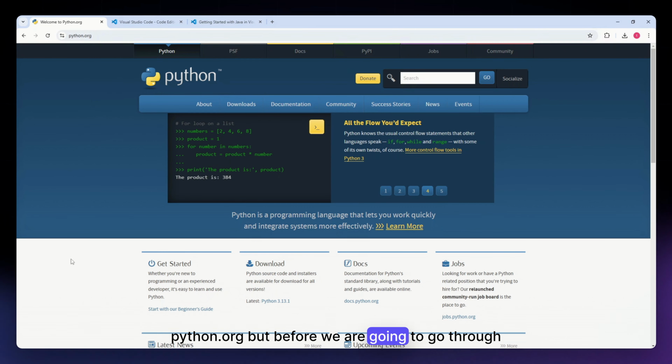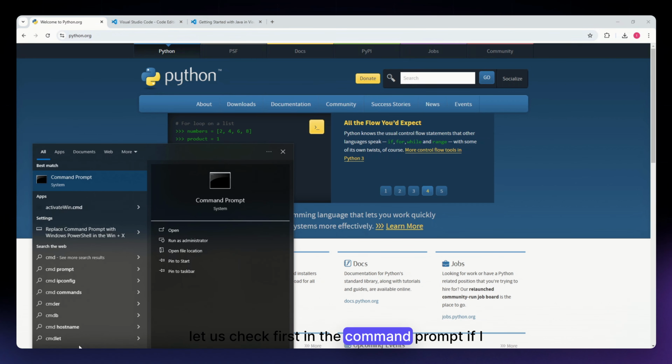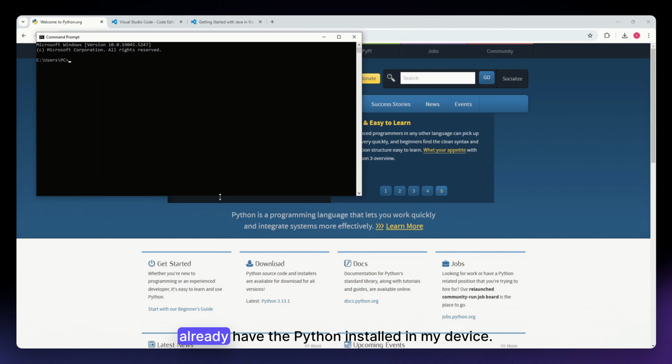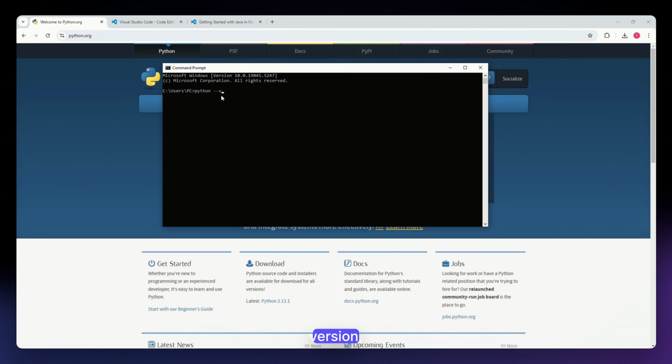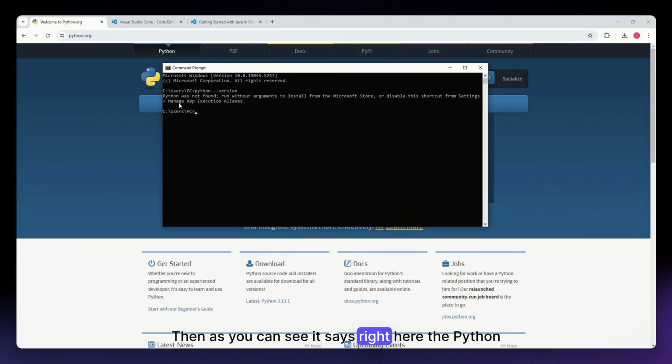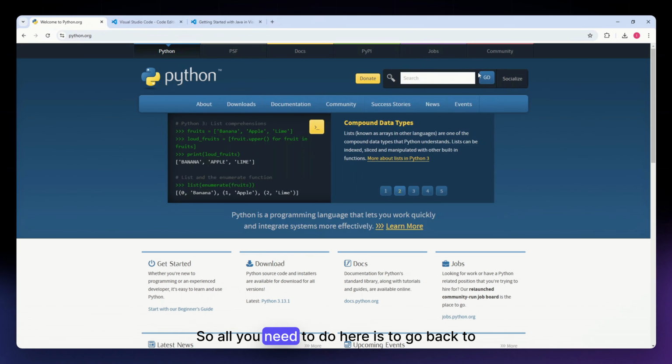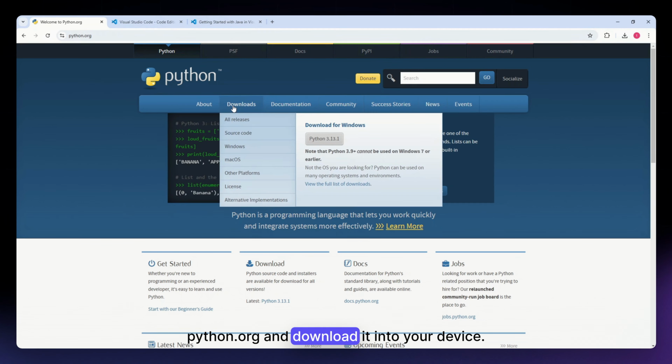But before we go through the process, let us check first in the command prompt if I already have Python installed in my device. So then what you need to do is to type in python --version, hit enter. Then, as you can see, it says right here that Python is not found or it is not yet installed in my device. So, all you need to do here is to go back to python.org and download it